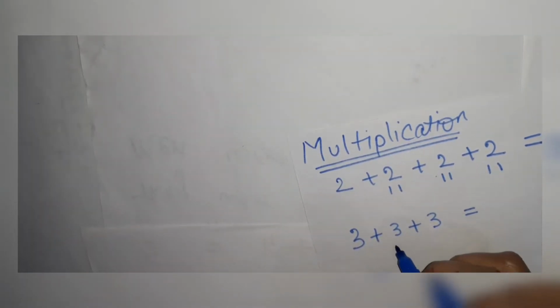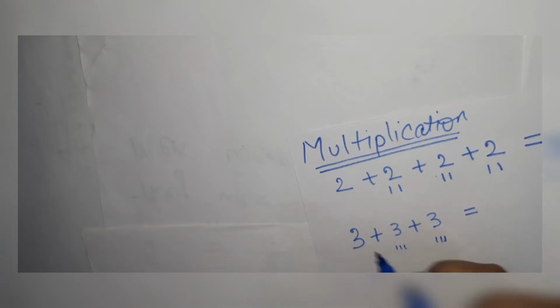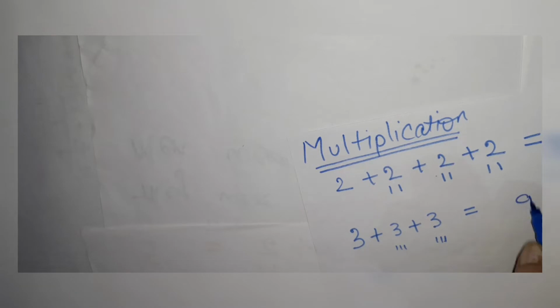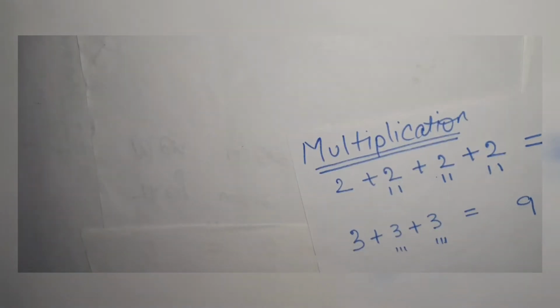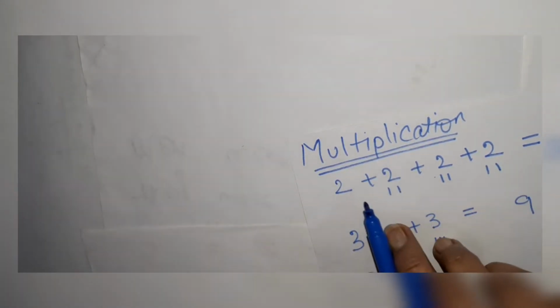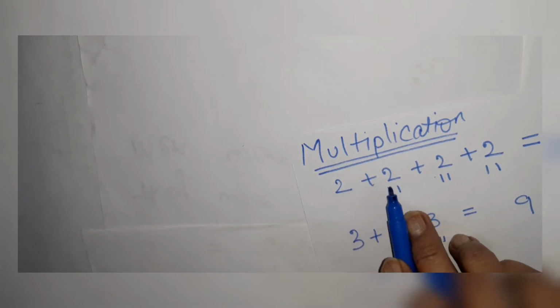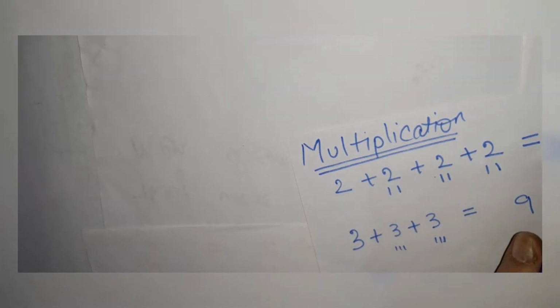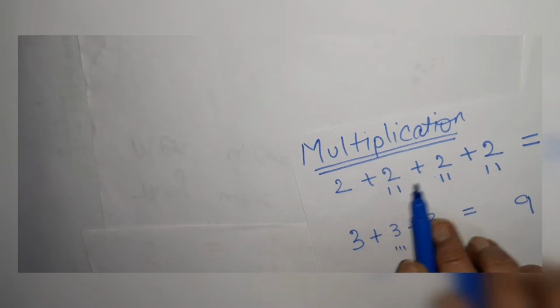see, 3, 4, 5, 6, 7, 8, 9. It comes to 9. So what we can do, I can just write this is 2 and I have to add the 2 repeatedly. Then I'm getting 8. So there are only four 2's, so it's easy for me to count them on fingers.